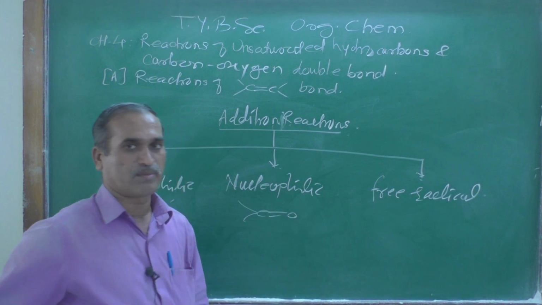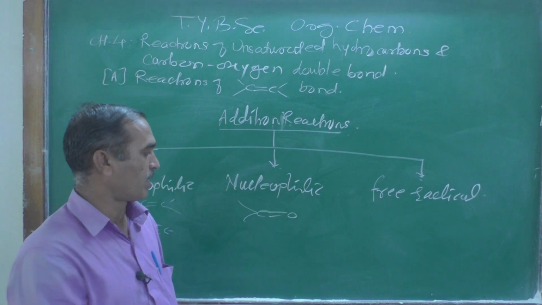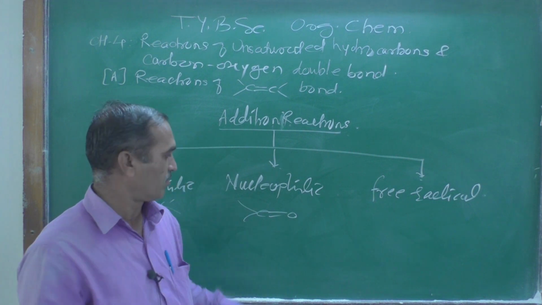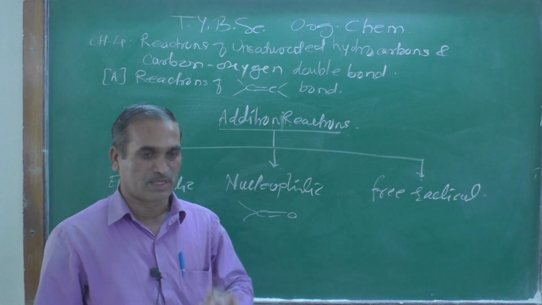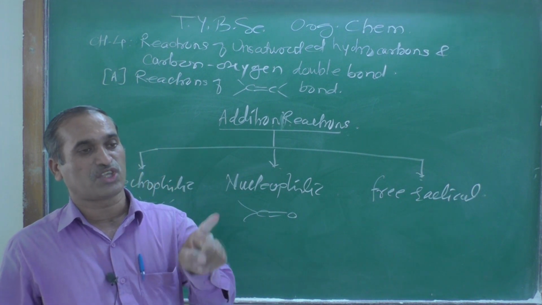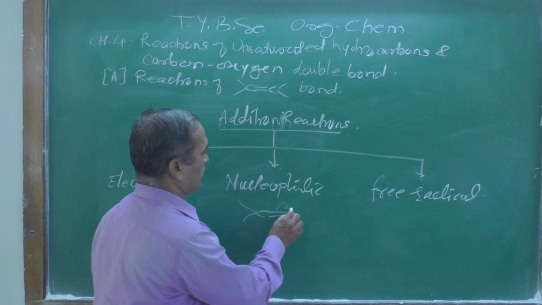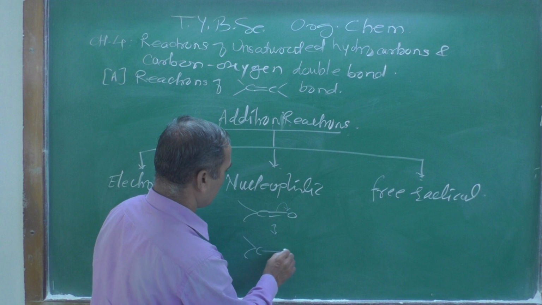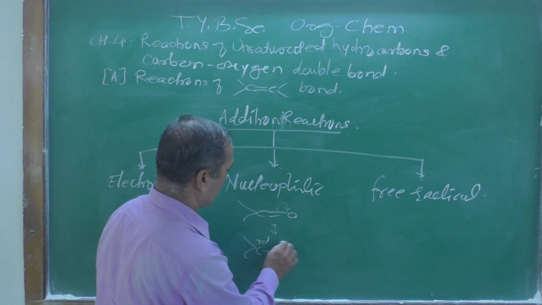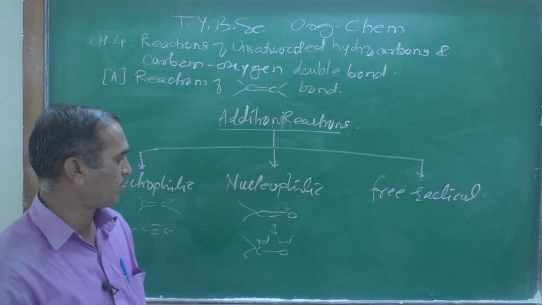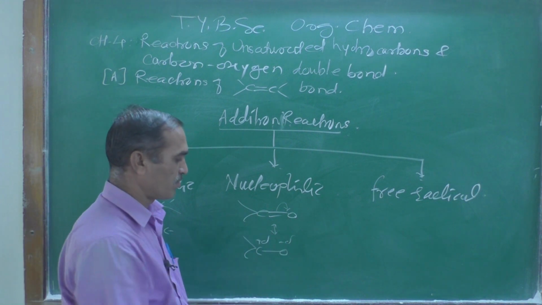Carbon-oxygen double bonds are there. If you look at the carbon-oxygen double bond, this is a polar compound. Why is it polar? Because carbon and oxygen differ in their electronegativity, and therefore there is a change in dipole moment. Here we are going to get a plus delta charge and a minus delta charge. So this is resonance stabilized, and this type of compound is polar.